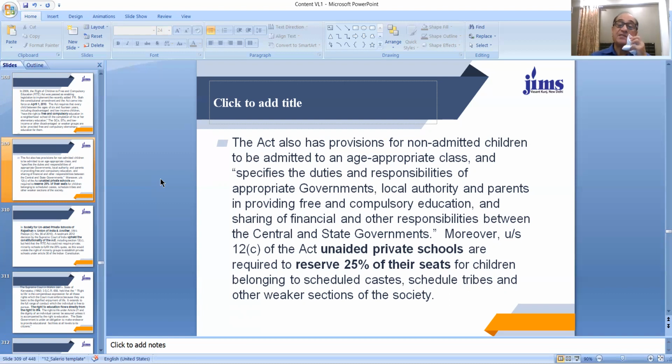And this act specifies the duties and responsibilities of appropriate government, local authority, and parents in providing free and compulsory education, and sharing of financial and other responsibilities between the central and state governments. Moreover, dear students, under section 12 clause C of this RTE Act, unaided private schools are required to reserve 25% of their seats for children belonging to scheduled castes, scheduled tribes, and other weaker sections of the society, so that these weaker sections may not be deprived of their